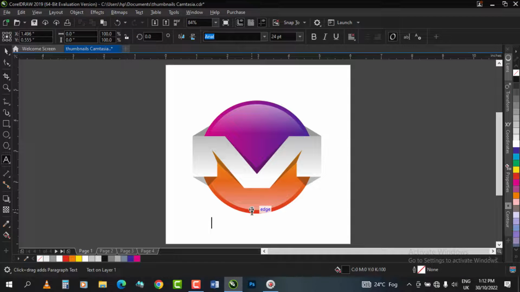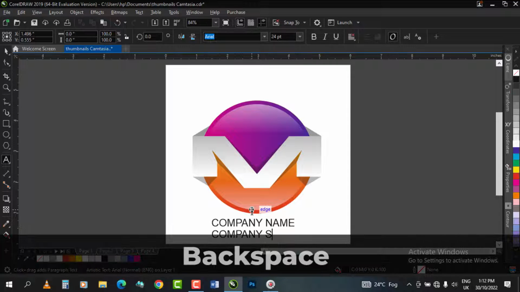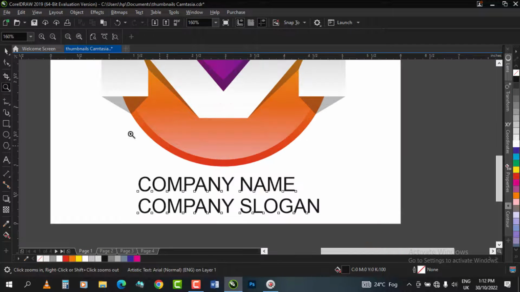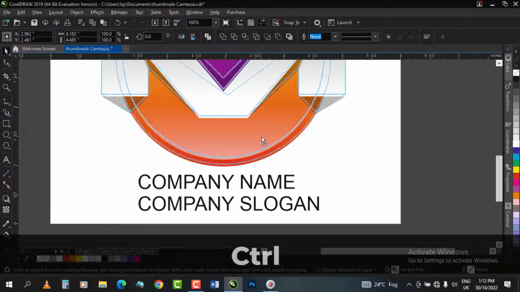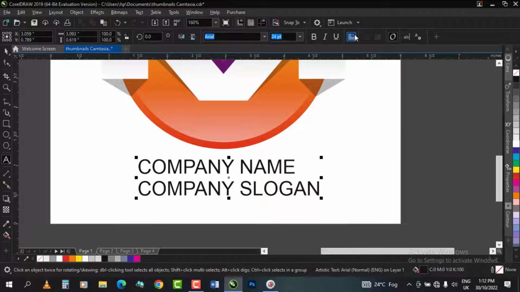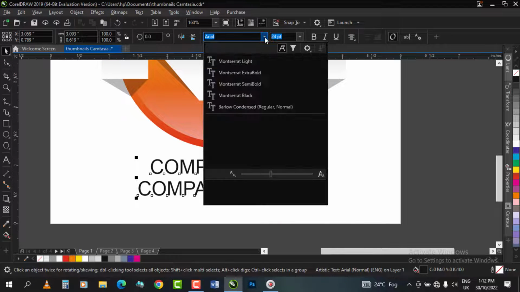Down there, it's company name, company slogan, company name and company slogan. Align your text center, give it another font,